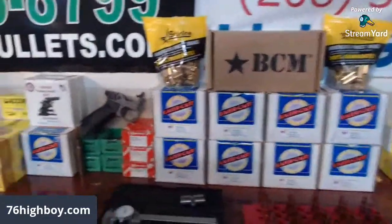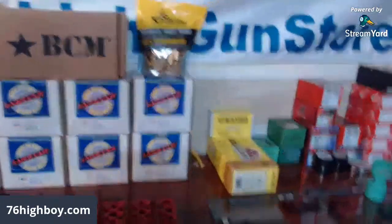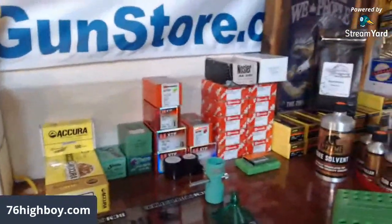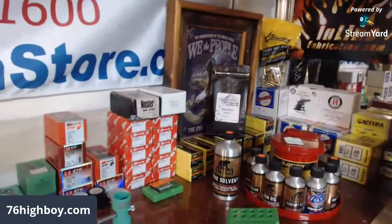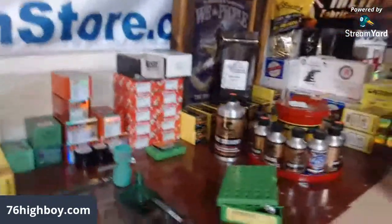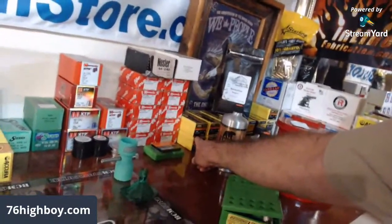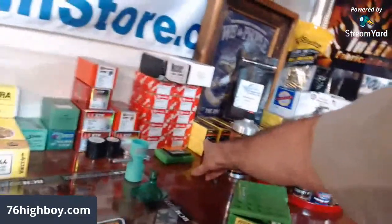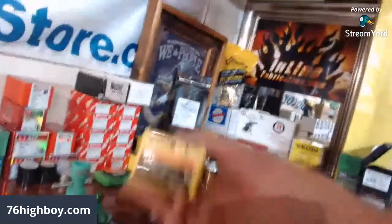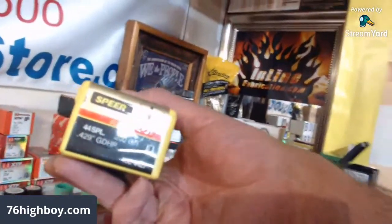It's driving me nuts. So there's my 41 right there, and then there's the 44 caliber right there. Man, look at all. And then we go to the Hornady, and then there's the Speer. All those Speers are 44 caliber, 44 special. You want a good 44 special load, we got to do this. This 44 special is the 200 grain Gold Dot bullet by Speer. You want a really good bullet, that's your bullet. Get your Speer load data manual, load you some of them up. That's an awesome bullet. And then I got my